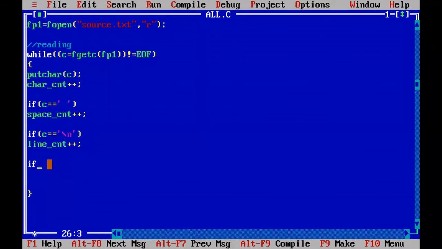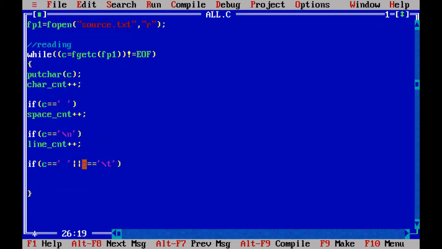Whenever the character c is equal to space, that means before that space we have one word. Or otherwise if c is equal to the tab space, that means before the tab space also we are going to have one word.